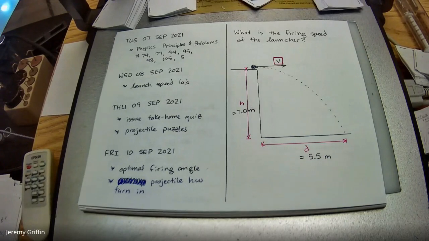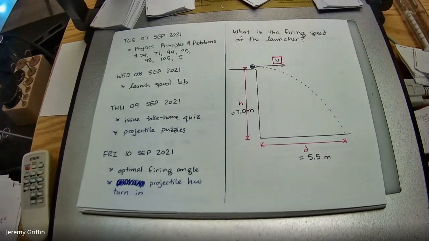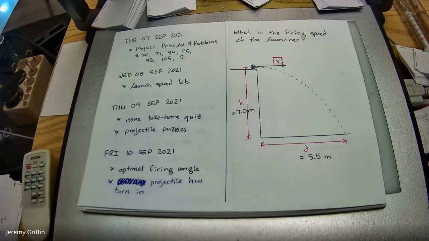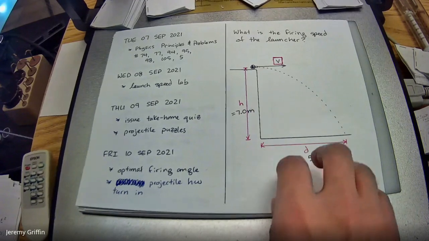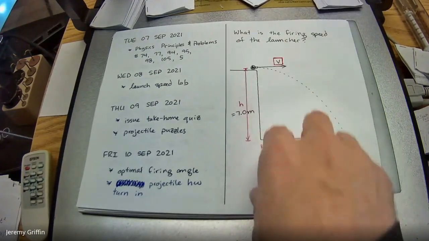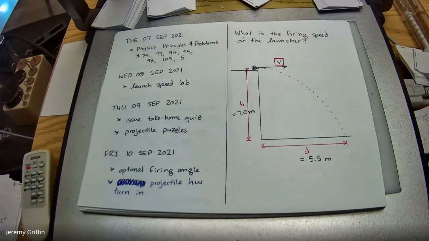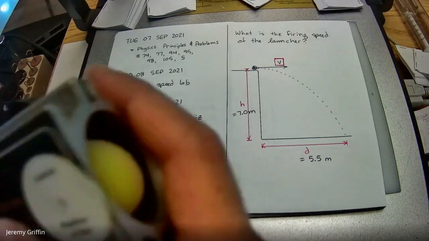I do want to tell you a little bit about the setup so that when you walk into class tomorrow, you'll know what you're looking at. You're going to figure out the launch speed of a launcher. Your setup might look a lot like the starter question here that some of you may have already solved by now since you've been looking at it. But the launcher looks like this. I'll show it here for the video too.